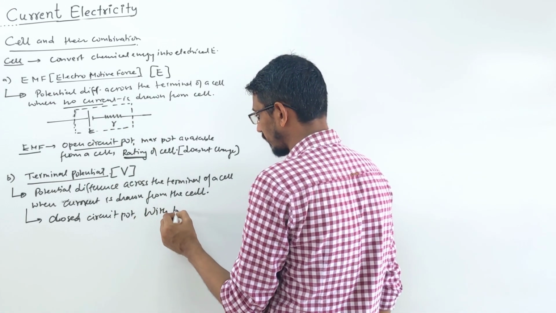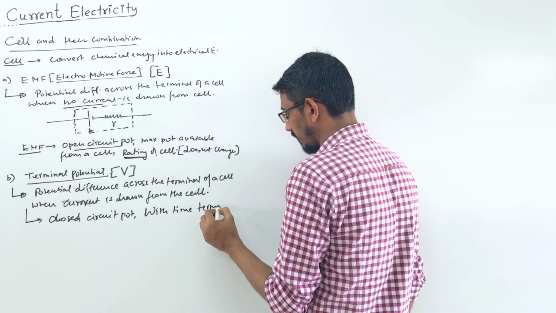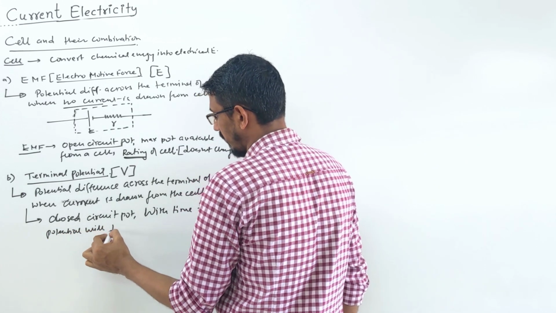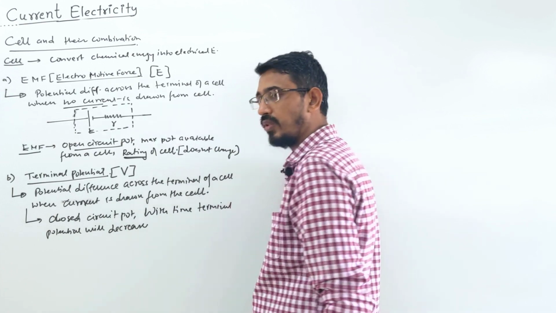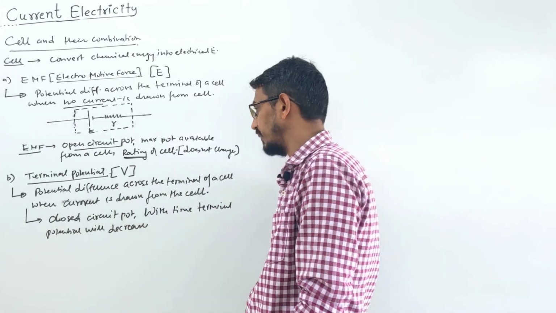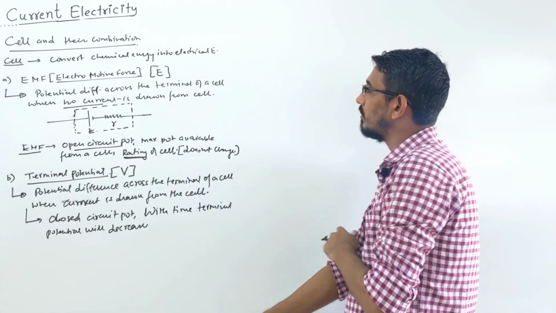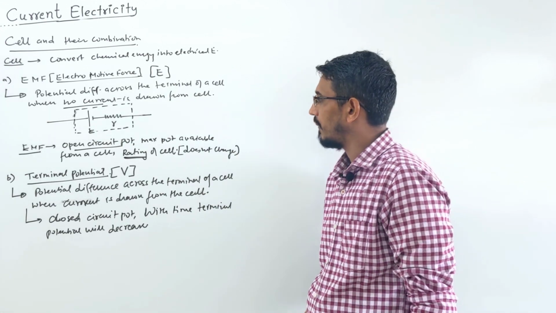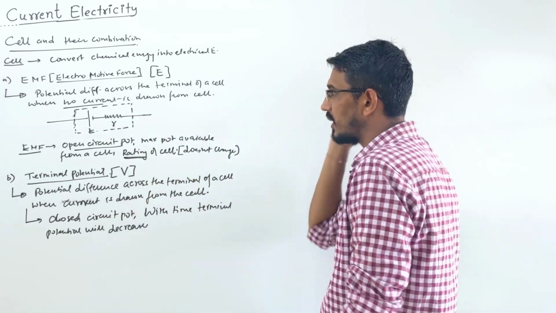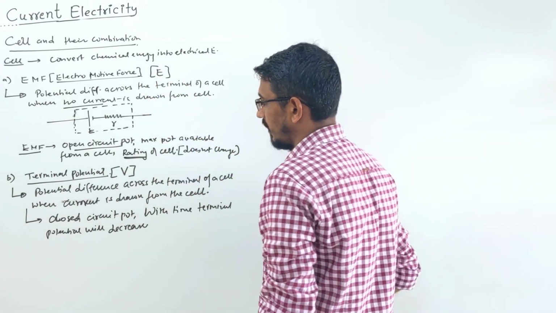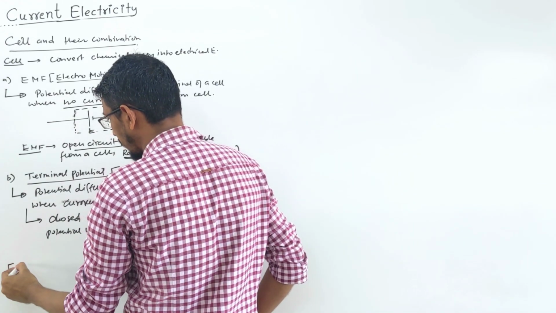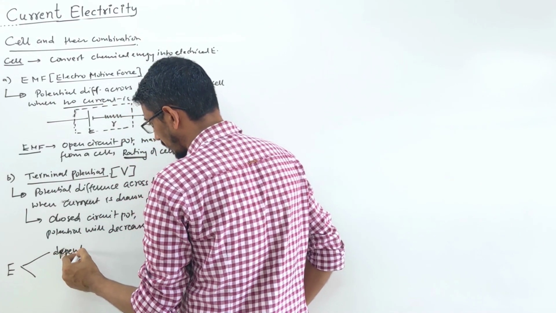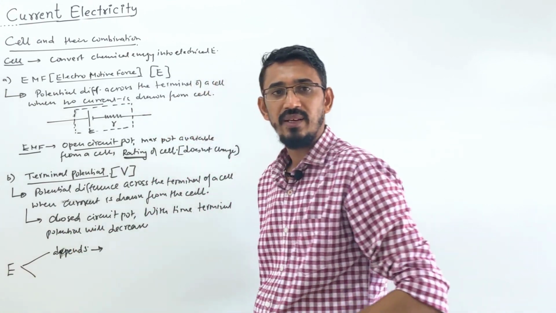With time, terminal potential will decrease. If you are drawing current from a circuit, you can charge also, I will talk both ways. So it will change, simple meaning. So listen carefully. If there are small questions to you like this, EMF depends on what, and then internal resistance, third term also I'll define. First let's talk here. This EMF depends upon what and does not depend upon what. So I'm writing first, what it depends upon, if they ask you. So EMF of a cell or battery depends on what?